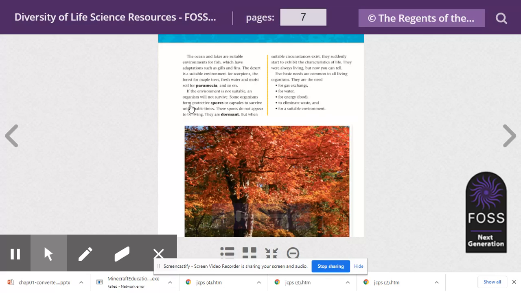Some organisms form protective spores or capsules to survive unfavorable times. These spores do not appear to be living. They are dormant. Okay, so something that does not appear to be living is called dormant. So that's our third category. We've gone through living, dead, and now we're talking about dormant. Something that does not appear to be living, but it is living because it's protecting itself from the